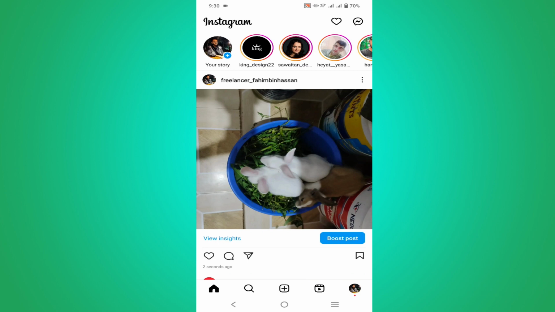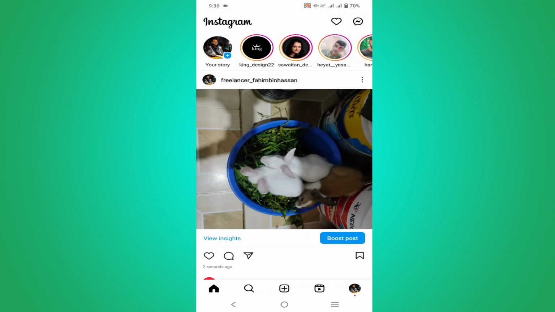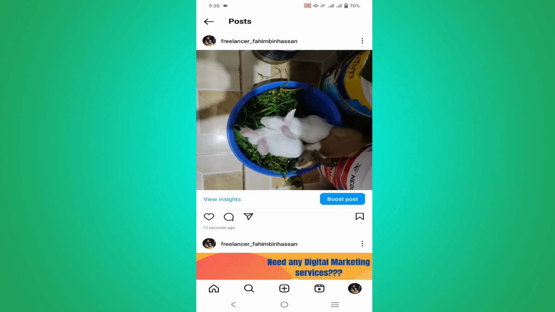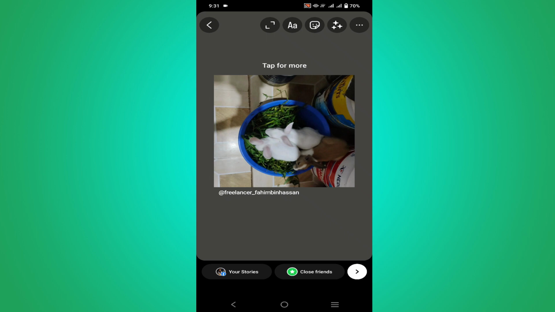Now go to your profile by clicking the profile icon on the bottom right corner and select that post, and you can see the share button here. Click that share option and you can see the option to add post to your story. All you have to do is just click that and click OK here